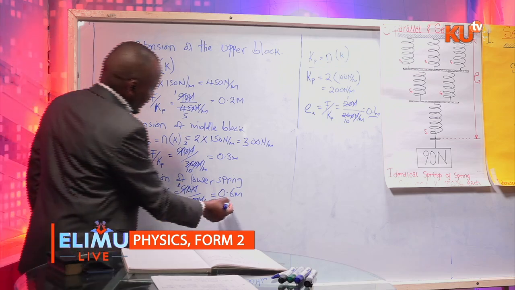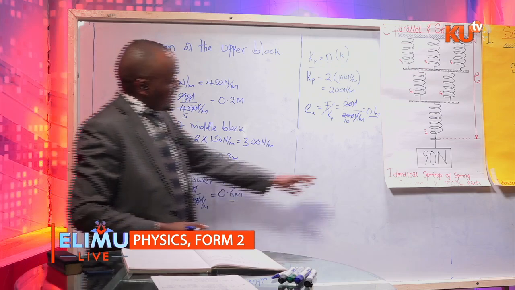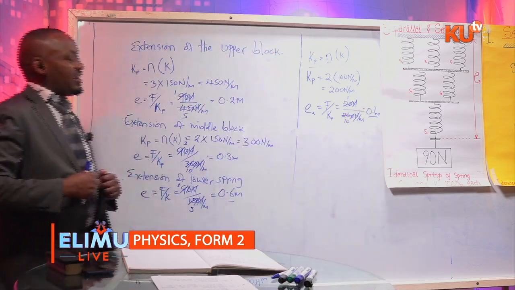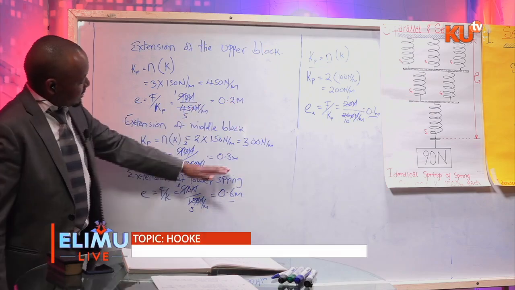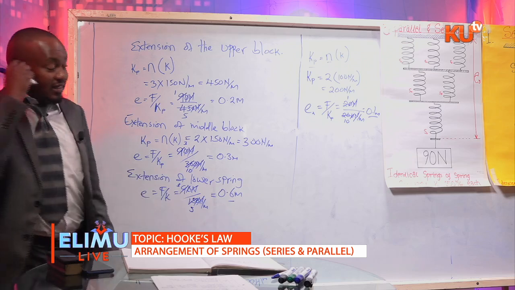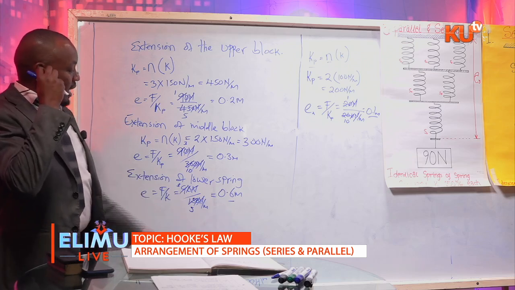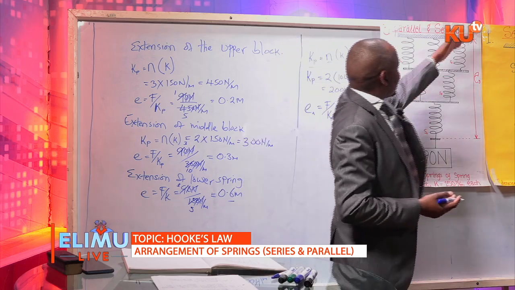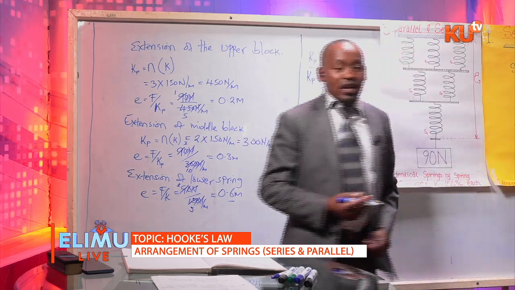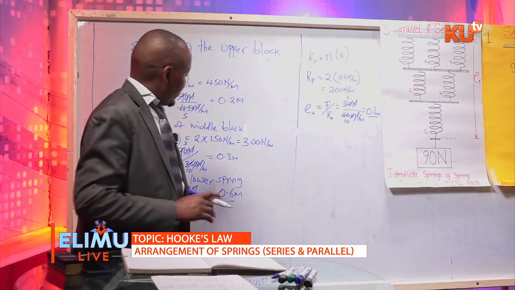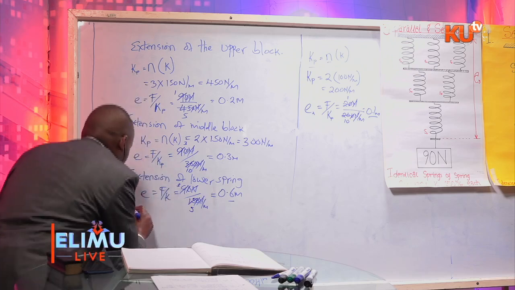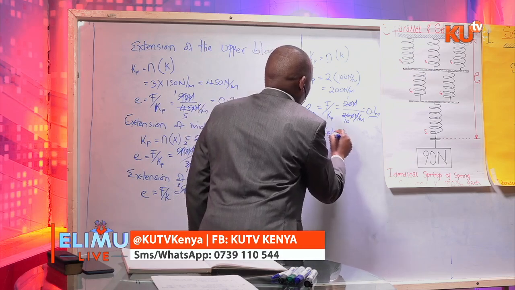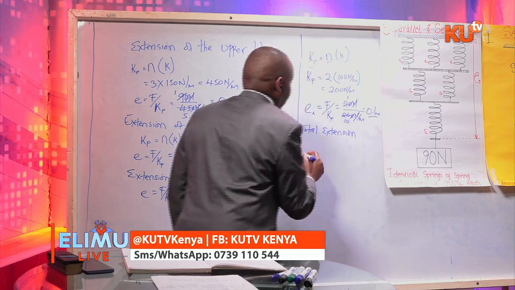I believe from inspection this answer is correct, because if one spring is extending by 0.6, when two of them are helping or supporting or assisting each other in lifting of the load, they should extend by half, and 0.3 is half of 0.6. And therefore, through inspection, our answers are correct. Remember, the interest was us working out the total extension, E3. So, again, take the examiner with you that you are now working the total extension, which in this case is our E3,